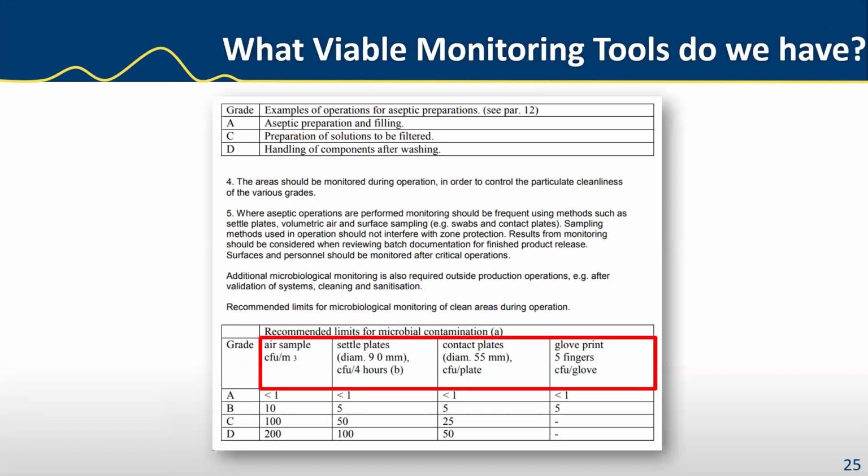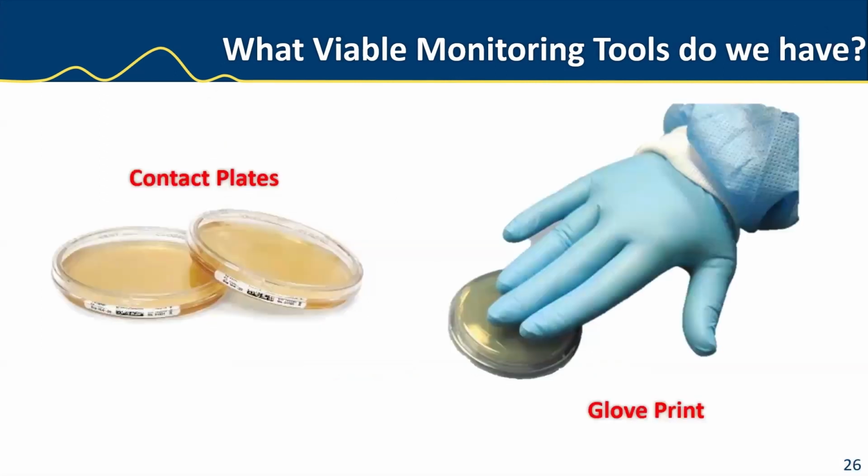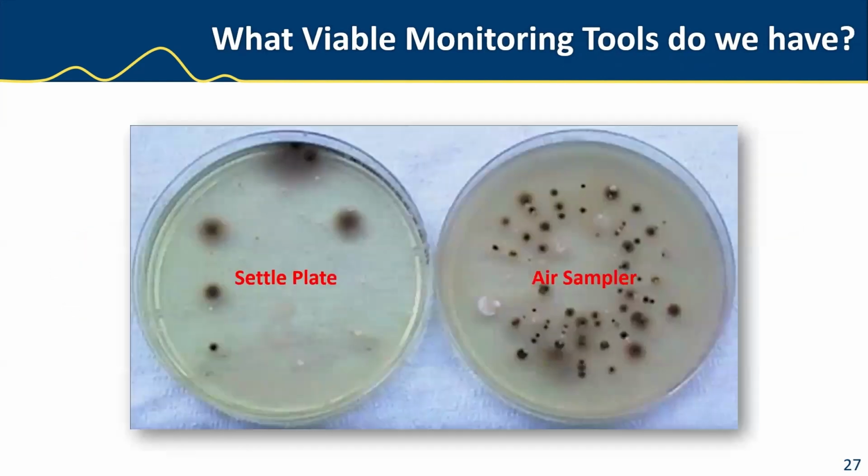So the tools that we do have, as I said, are the air sampler, the settle plates, contact plates, and the particle counters. They give you good data sets. The contact plates are used either on surfaces or on the operator in the room who is working on the aseptic process. Glove prints. We also have the settle plate and air sampler data that will come in. So these are tools for microbiological monitoring, and it's important to use multiple tool sets,